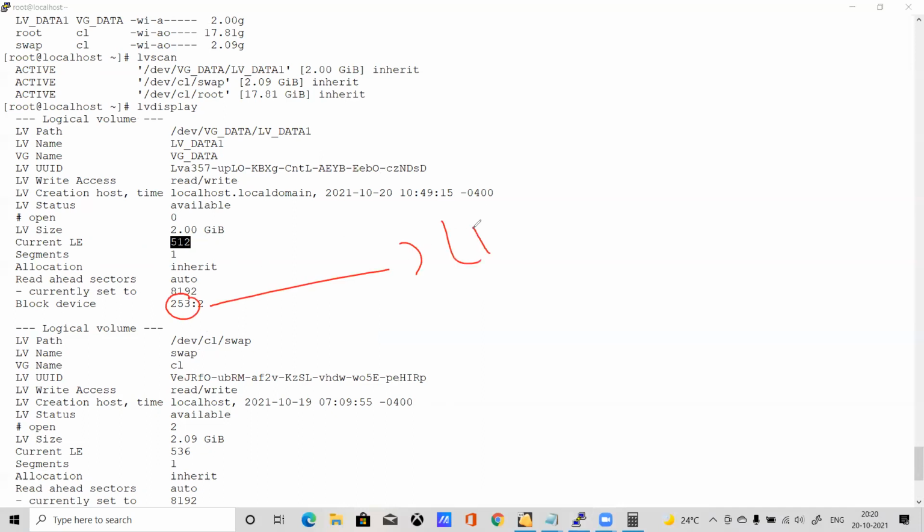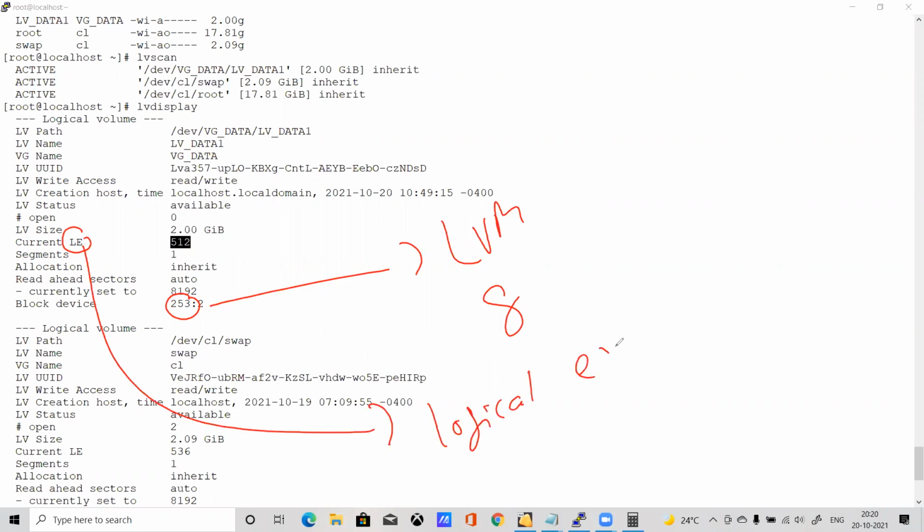This is the LVM ID. Generally you will see 8. Now it will show you 253. And this is your logical extent, 512. And 512 multiplied by 4.